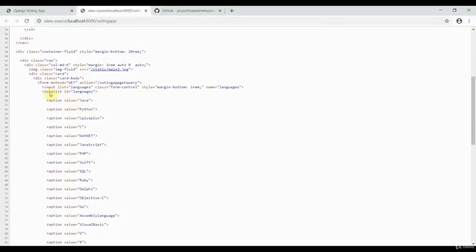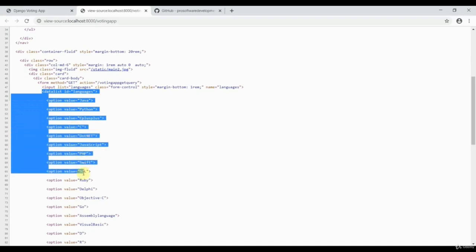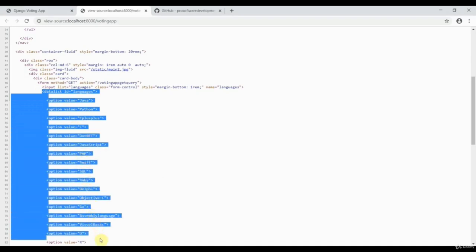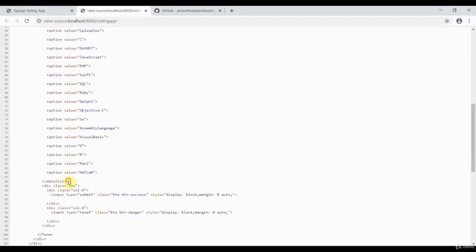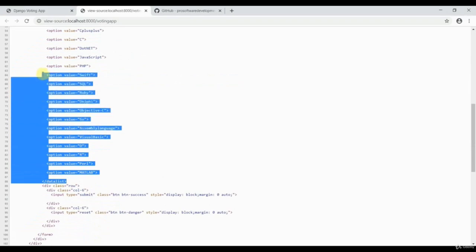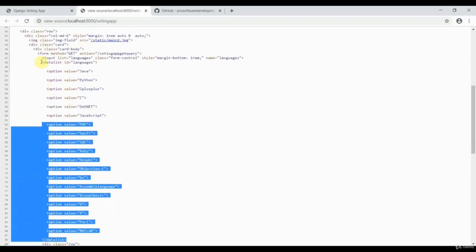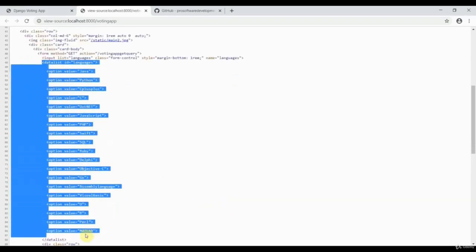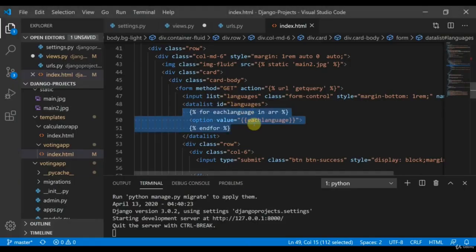So here you can see, with the help of a dynamic template, basically we used the Django template, we got a list of option values. So this is perfectly fine. With the help of a single for loop, we were able to generate the option values in a much better way. So this way we could generate them dynamically.